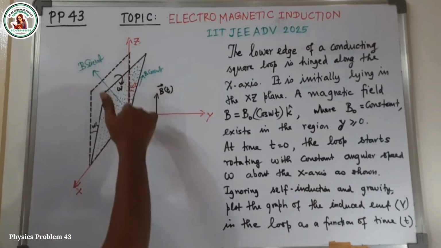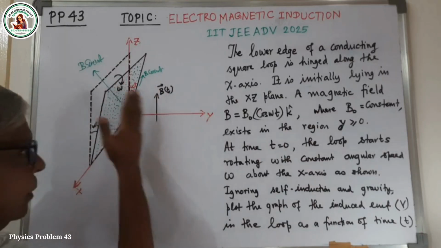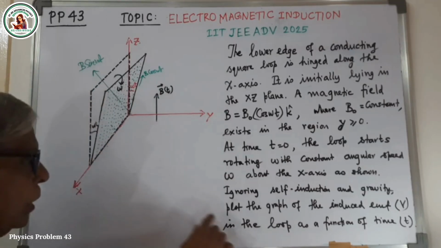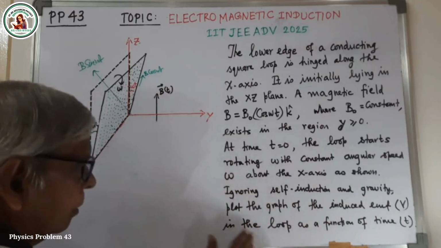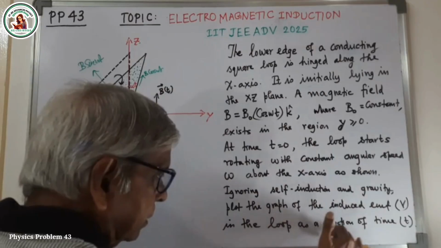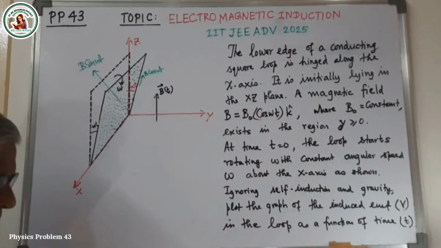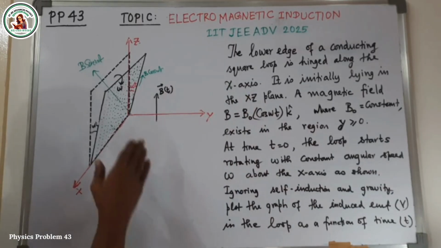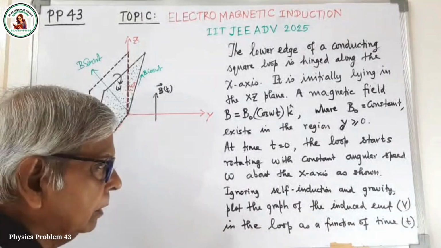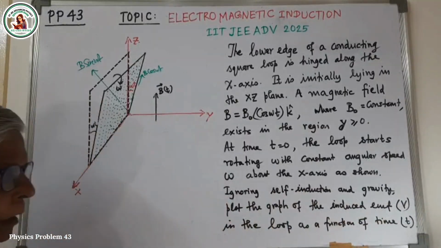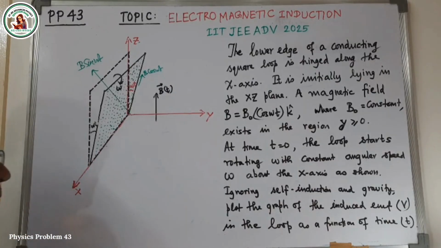Because this coil is moving in a magnetic field, some magnetic flux will be involved across it, due to which an induced EMF will be present in the loop. How the induced EMF varies with time, a graph we have to plot. So that is the requirement. We have to first find the magnetic flux involved and then differentiate with respect to time to get the induced EMF. So we first start by saying that let